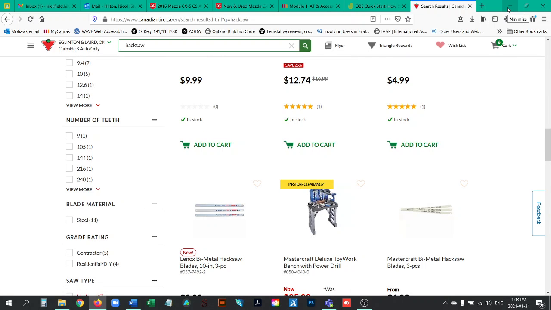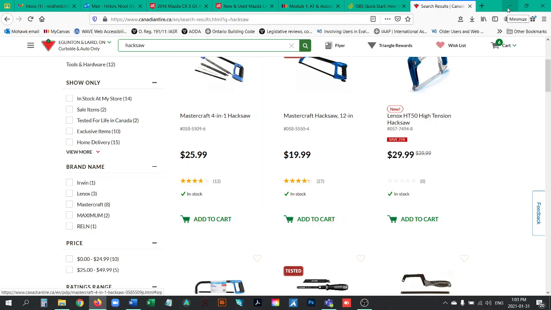So it looks like it takes me halfway through the filters and then to the menu options. So maybe this seems a little hard to navigate.